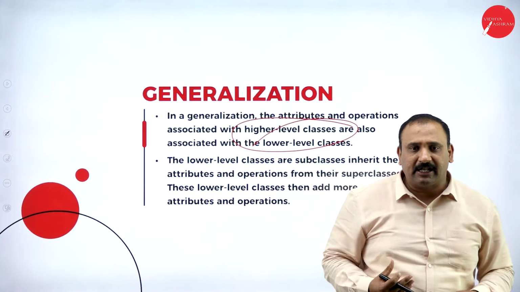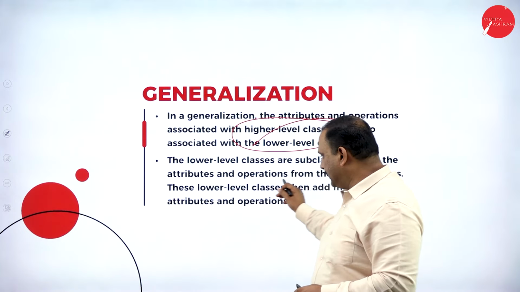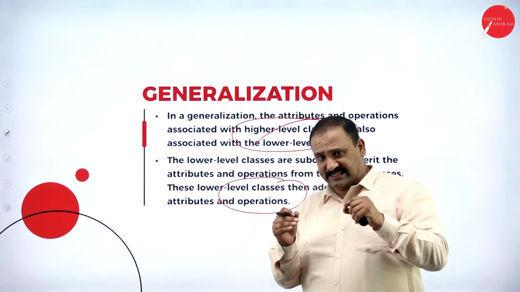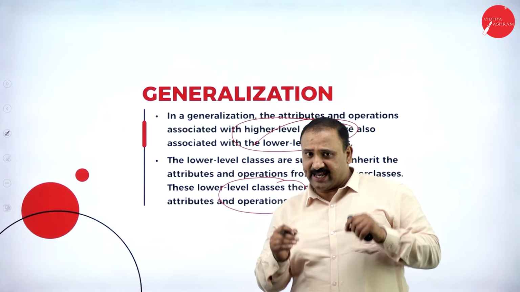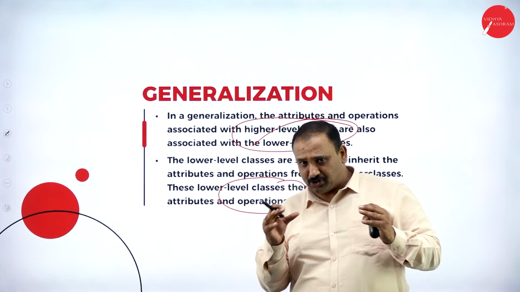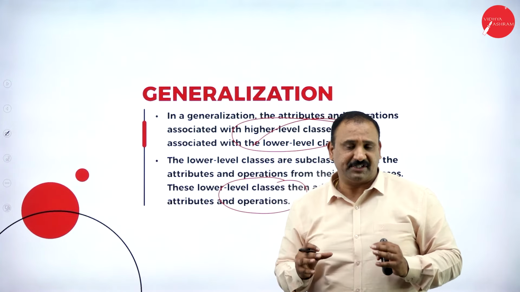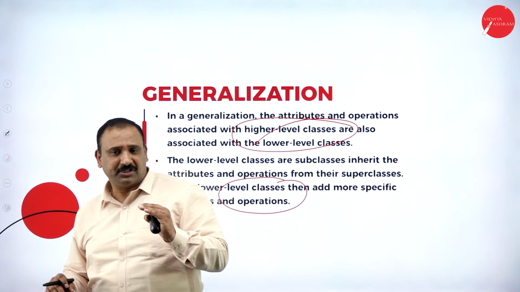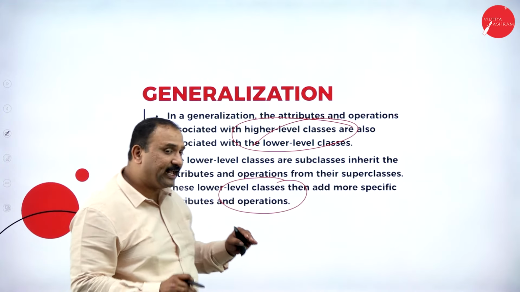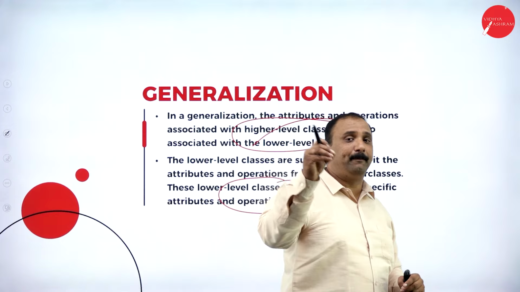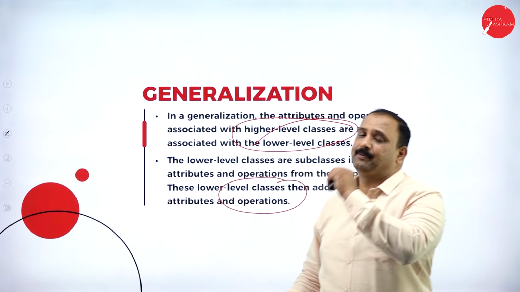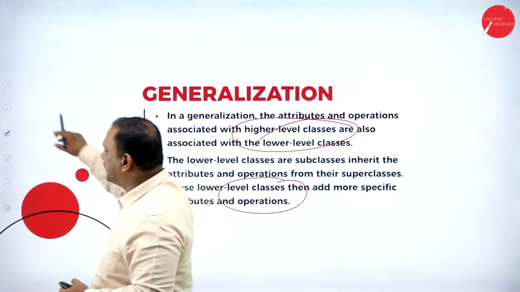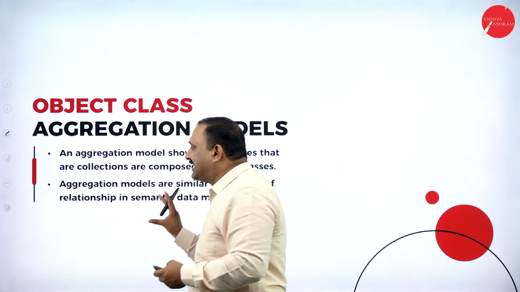Now let me just highlight it. Let me talk about it for a minute. When I say the lower level classes, that means that from a car, when we come down, we say that yes, that is a sedan type car, or a coupe kind of car, or a normal car which is less than 1500 cc or 1000 cc. Automatically, when we come down to those lower attributes, I'm getting into more specifics, more detail, that will actually help me to develop a better software that is needed for that particular project, for that particular level of operation. Followed by which, when we have completed this generalization, we will also talk about object class aggregation